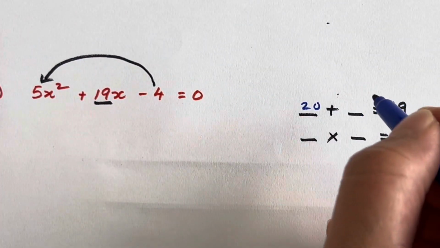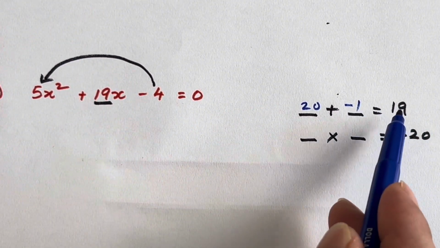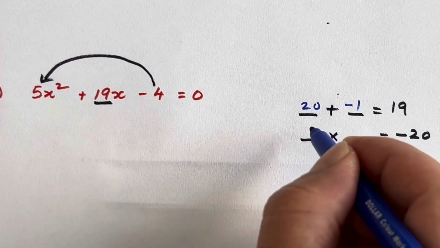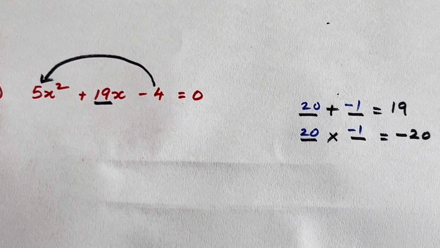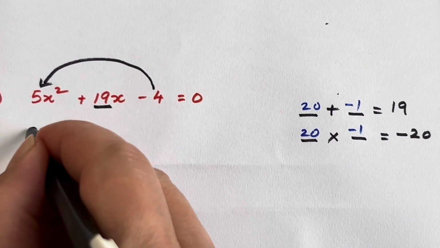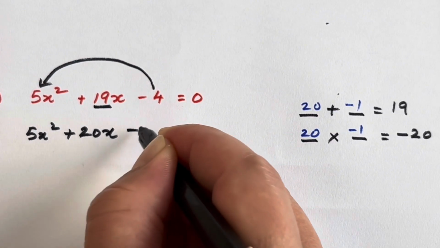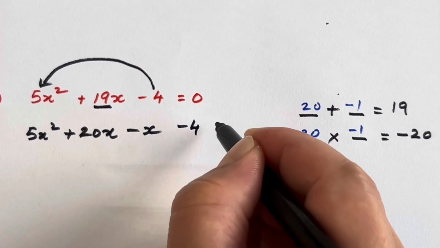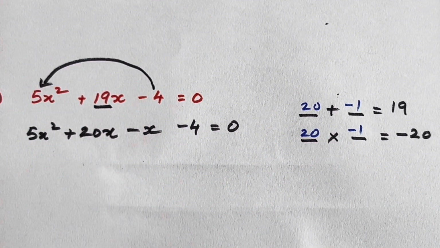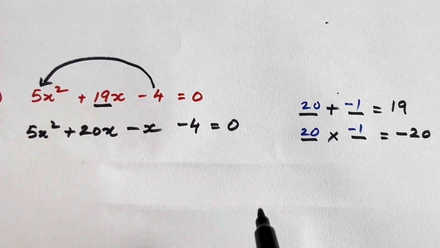20 and negative 1, because 20 minus 1 will give you 19, and 20 times negative 1 will give me negative 20. 5x squared plus 20x minus 1x, which is just x, minus 4 equal to 0. Okay, 20x minus 1x will give you 19x. Now